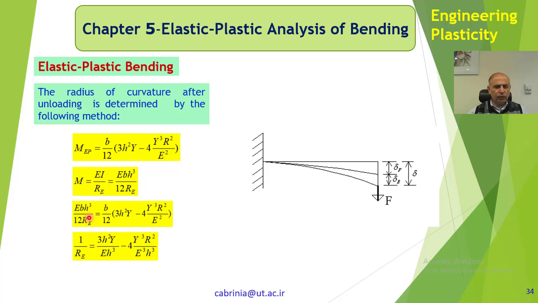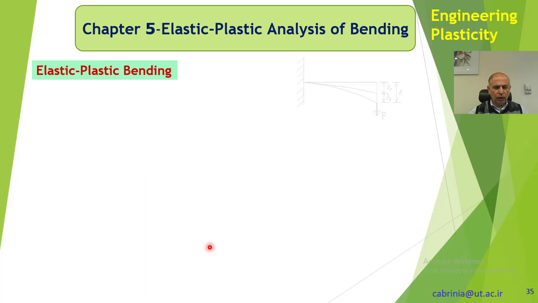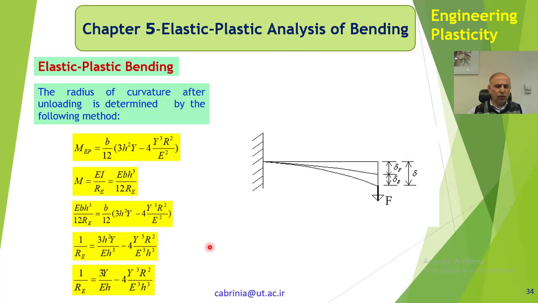And so you have to do some manipulations here, put this equal to that, and then 1 over RE, bring all of these terms over here and do some simplifications, and therefore you get 1 over RE is equal to 3y over EH minus 4y cube R squared over E cube H cube. And then